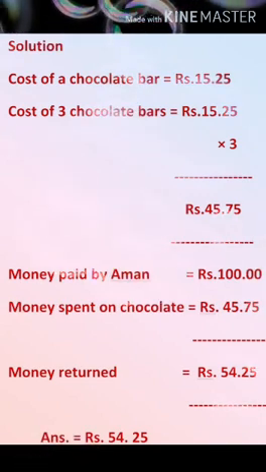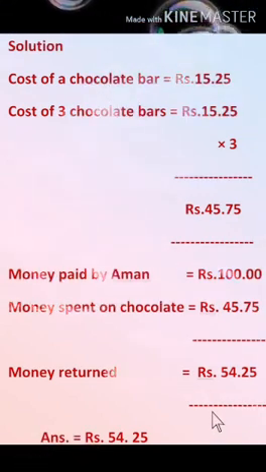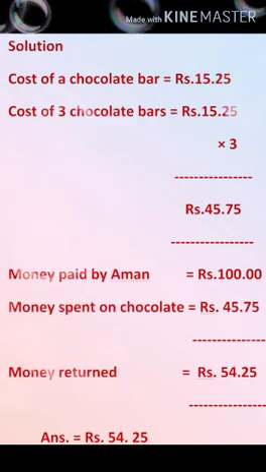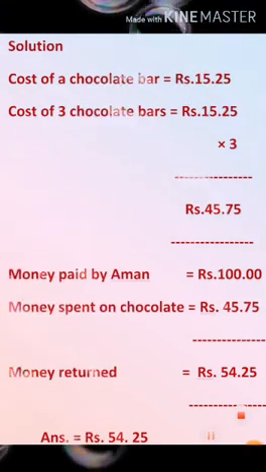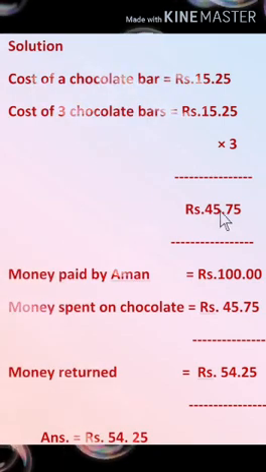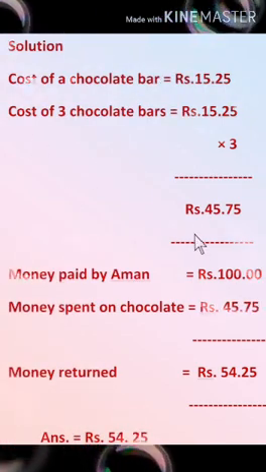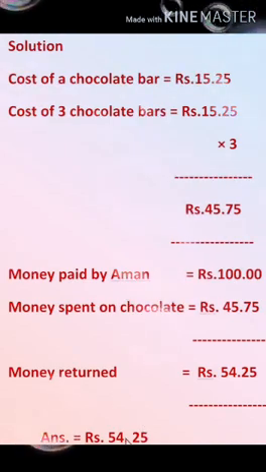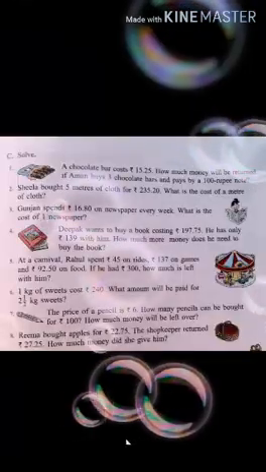So students, when you find the answer to money problems, always use the rupees sign before the number. Hope you have understood, because this question has 2 steps. First you find out the cost of 3 chocolate bars, and then the money paid, and get the money returned. Now let's do question 2.